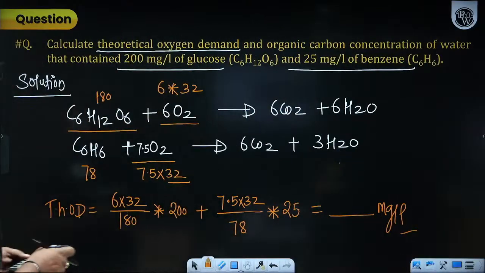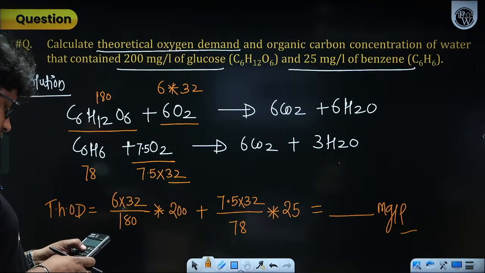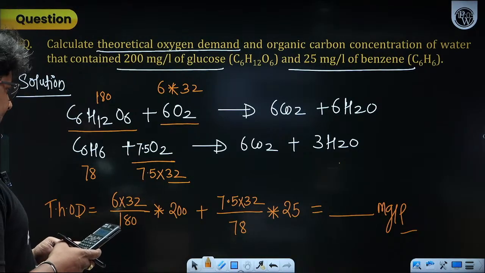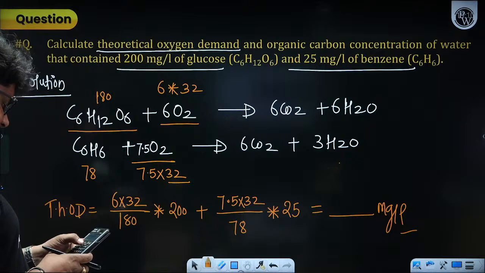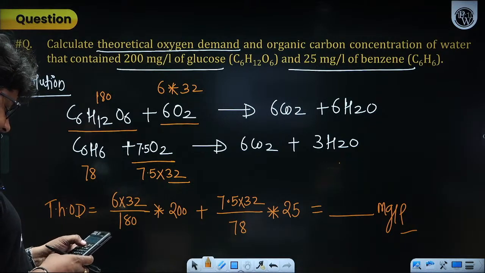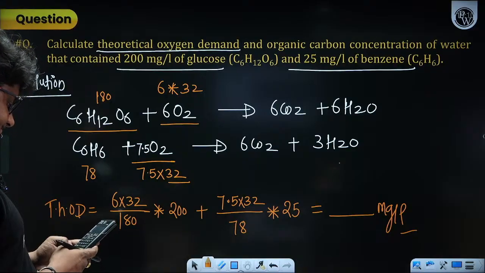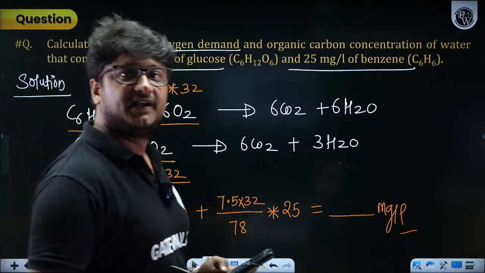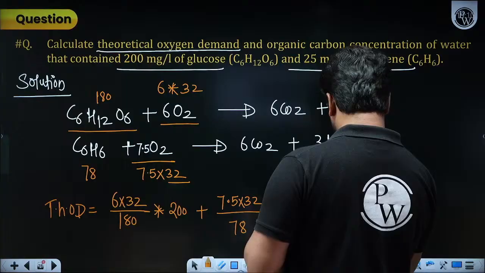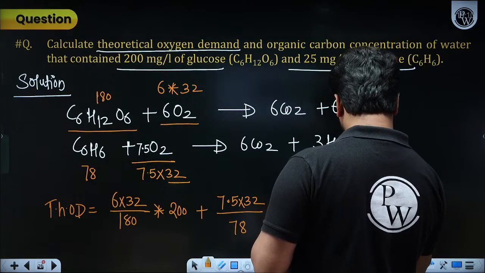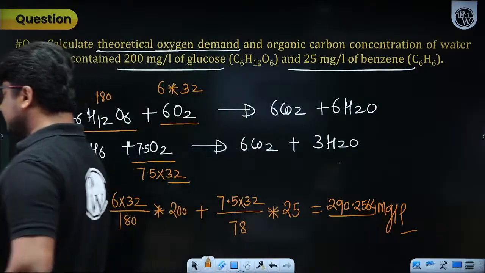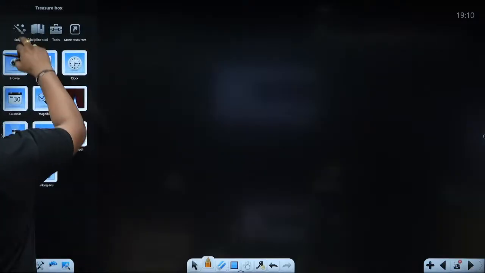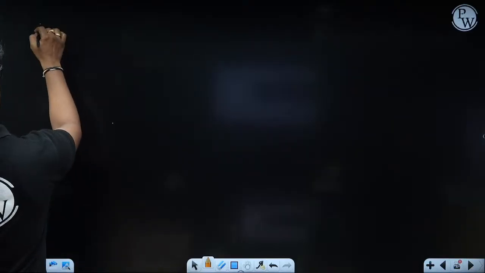Let me calculate and check whether you guys are right or wrong. Yes, so Himanshu, I think he has given a completely right answer. 290.2564. This is the theoretical oxygen demand. Now, similarly, if I write for